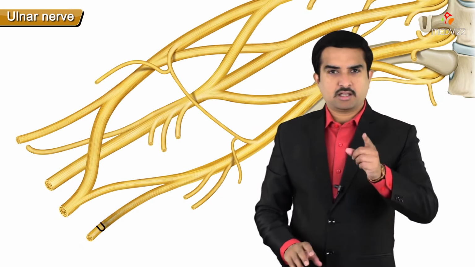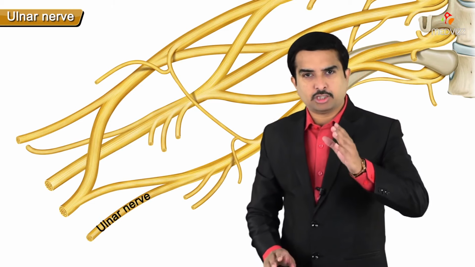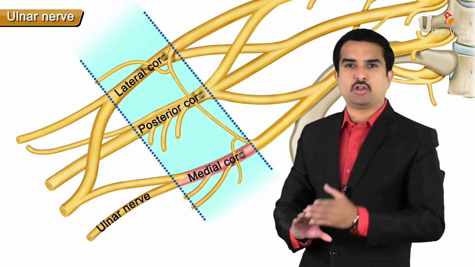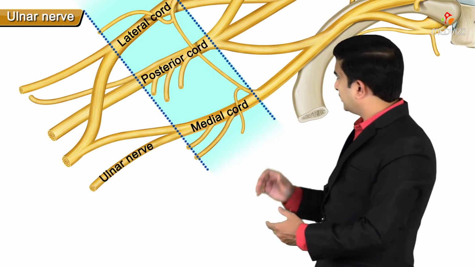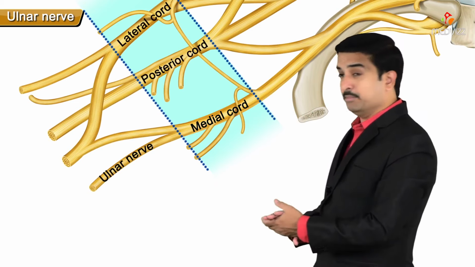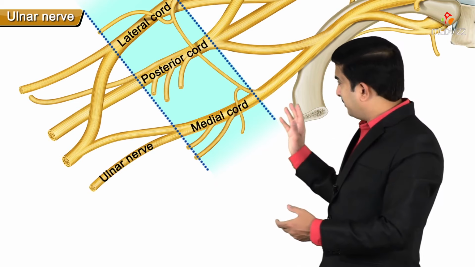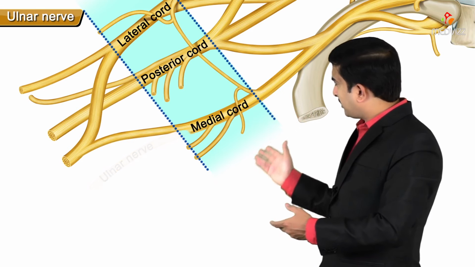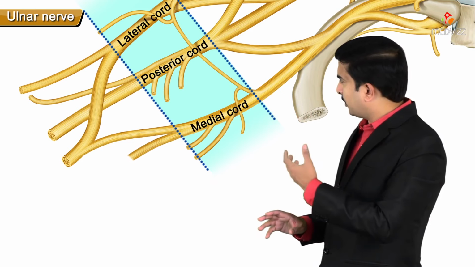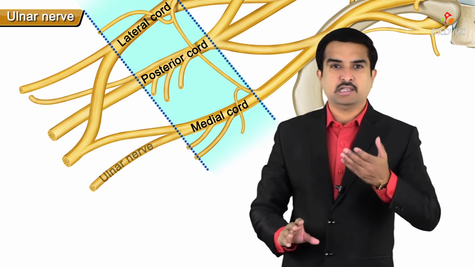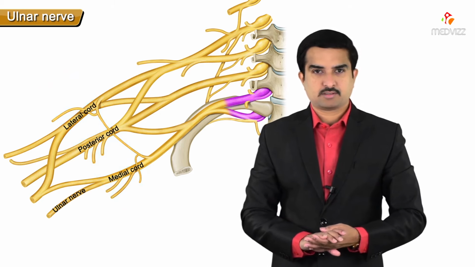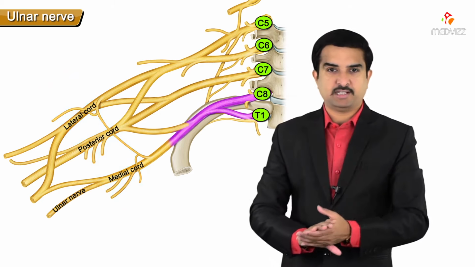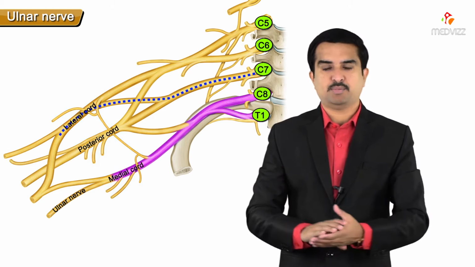If we talk about the origin of the nerve, the ulnar nerve originates as the terminal branch of the medial cord of the brachial plexus. We can see the brachial plexus and all three cords, that is lateral, posterior and medial, here. And we can see the medial cord. The terminal part of the medial cord gives off one of the major nerves called the ulnar nerve, derived from the anterior ramus of C8 and T1 spinal nerves with a variable contribution